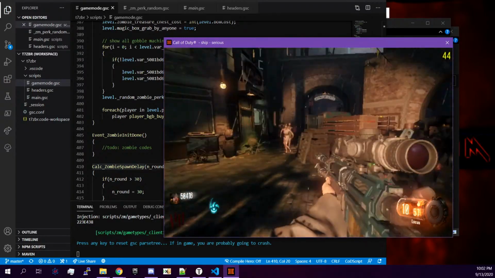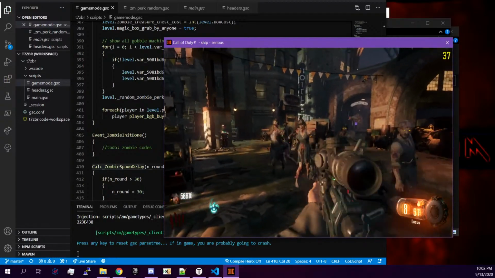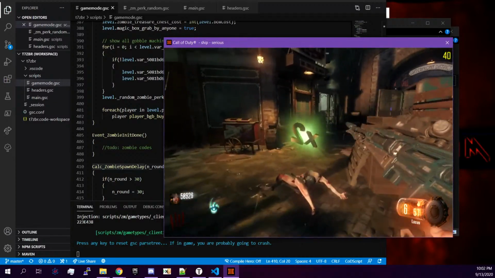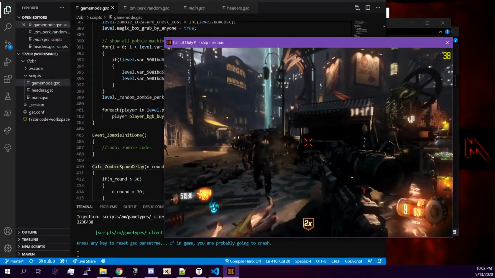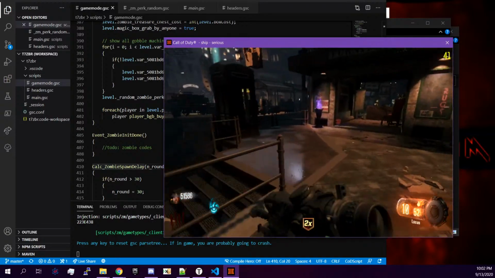So, yeah, Gobblegum's not working, though. That sucks. I wonder if it's working on the other maps, or if it's just Shadows where it's doing that. I'll have to go check the other maps. Perk prices are working, though, I think. Oh, wait, I haven't checked... well, yeah, I did. I checked Quick Revive. And I think if I went over here...